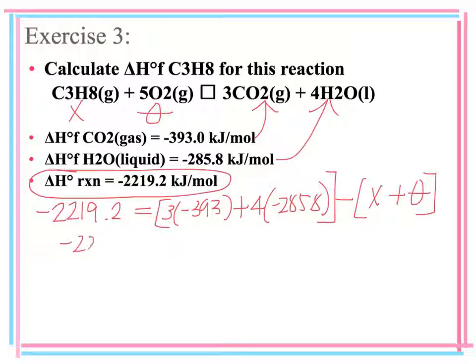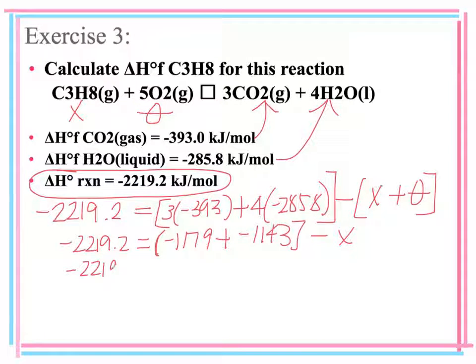So negative 2219.2 is equal to, and then when we add those up, we get a negative 1179 plus a negative 1143 minus X. And then that works out to be a negative 2219.2 is equal to a negative 2322 minus X. And then, of course, to isolate that, we're going to add 2322 to both sides. So then that gives us